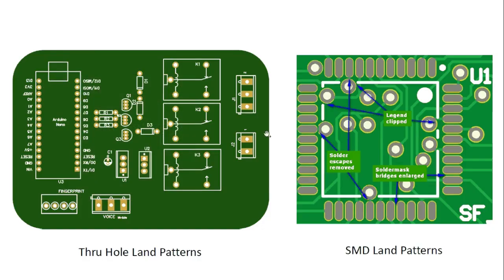Now let's see the land patterns. Land patterns come on the PCB layout or the PCB. In the case of through-hole components, in the land pattern we can see we have a drill hole on the pad, so that the lead of the through-hole component can be passed through it and soldered on the other side. So these are the land patterns of through-hole on the PCB. And in the case of SMD components, we don't have any through-hole because the component gets soldered on the same side and the leads are on the same side. So the land pattern of the SMD looks like this. Okay, this is the example of the LQFP package.